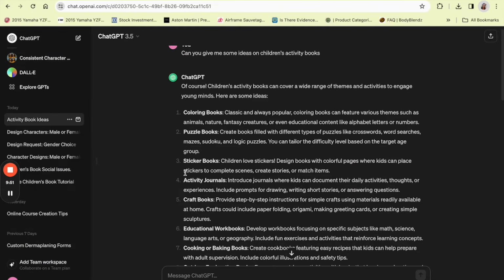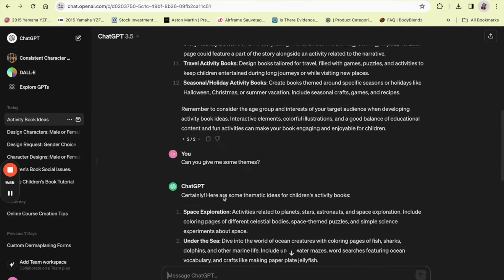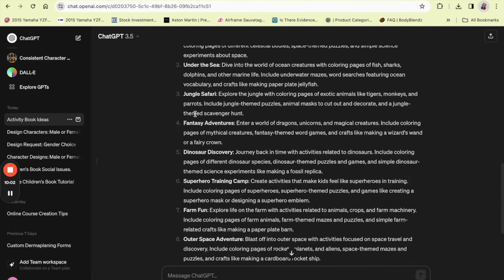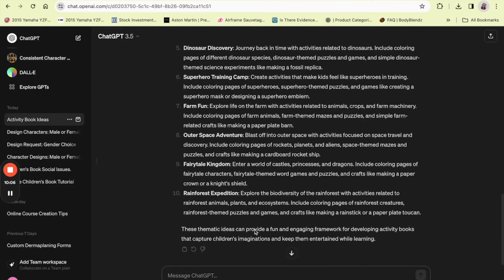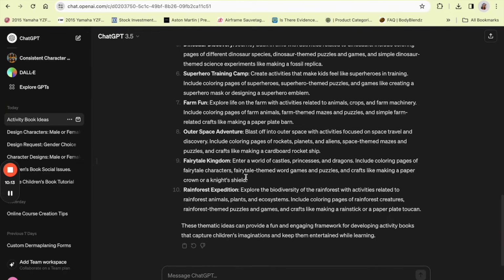So let's go on over to ChatGPT. I've already prompted it to give us children's activity book ideas, and then I asked for themes. The themes we had were space exploration, under the sea, jungle safari, fantasy adventures, dinosaur discovery, and the list goes on. If you don't like any of these, you can always ask ChatGPT to give you more. And if you have your own ideas that you've been wanting to do, you can also ask ChatGPT to incorporate those inside of your